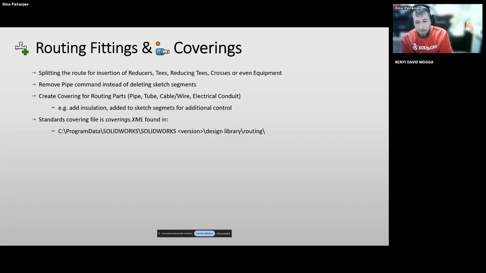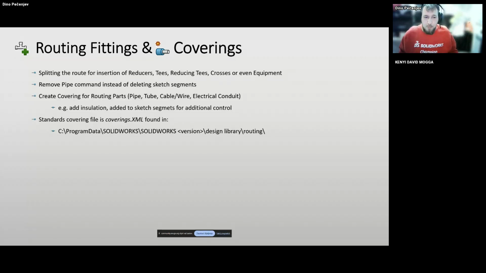And you saw, if you were paying attention, that when I wanted to remove a pipe, I deleted part of the sketch. Now, that can be tricky if we, for example, want a T after the elbow, and we want it connected and we have a small part of the pipe. Instead of deleting the portion of the sketch, which could create some complications, there is a simple option just to remove the pipe automatically.